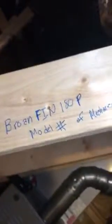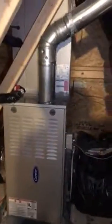So again, this is a Broan unit. Model number is there, FIN 180P. It's capable of up to 180 CFM and also has a setting for 120 CFM, which it's set at now. Most of these homes won't exceed 120 CFM. So what we did was we calculated the